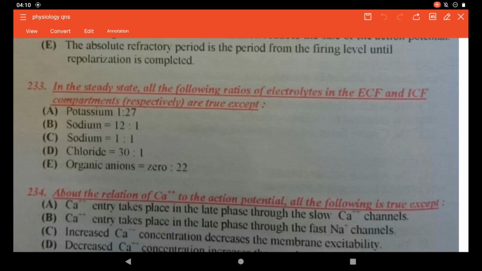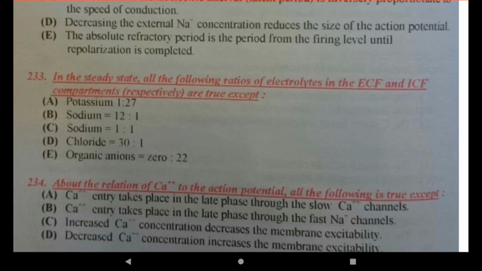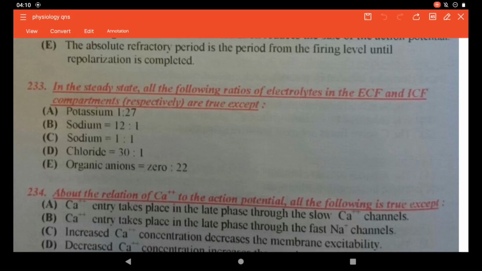B. Sodium 12 to 1. C. Sodium 1 to 1. D. Chloride 30 to 1. E. Organic anions 0 to 22. We are choosing the incorrect statement, and the incorrect statement is C. Sodium is not 1 to 1. Sodium is 12